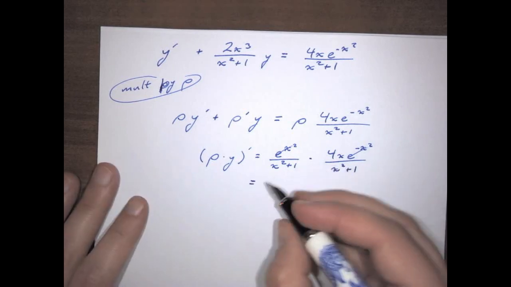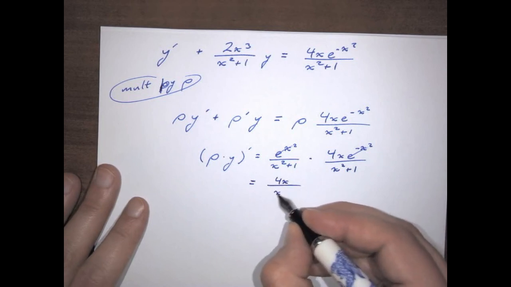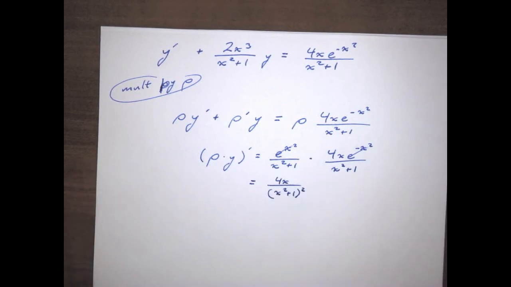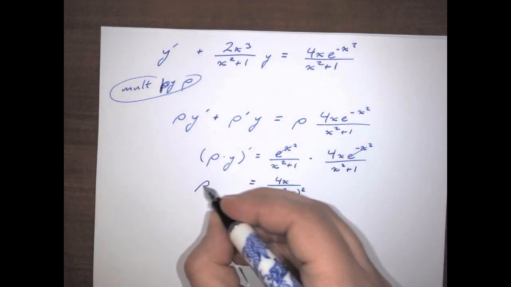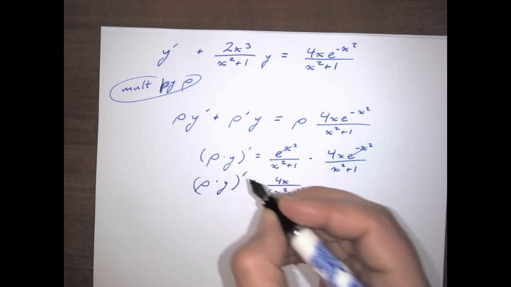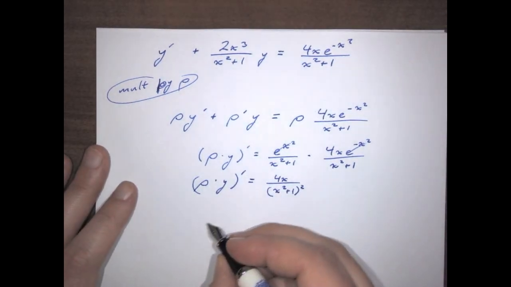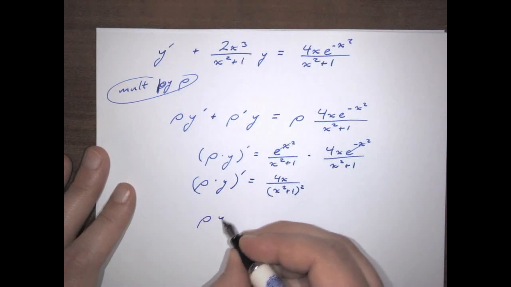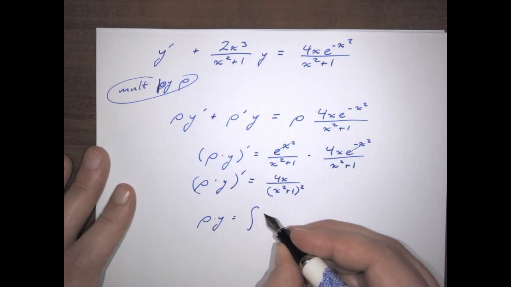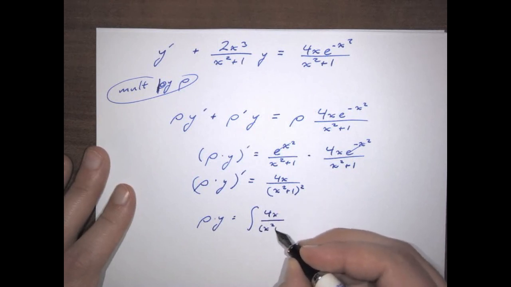And what we're going to have is 4x over x squared plus 1 squared. And that's the same as the derivative of rho times y. So we anti-differentiate to get to the rho times y itself. And it's going to be the antiderivative of 4x over x squared plus 1